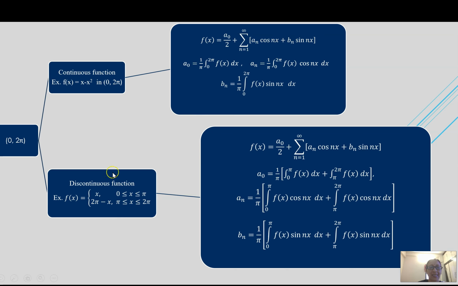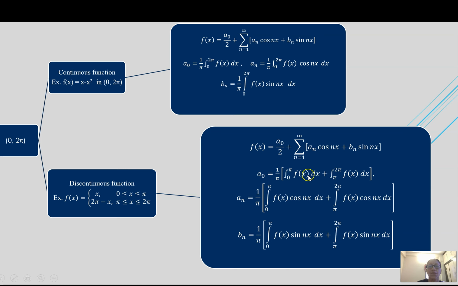If the given function is a discontinuous function, then the formulae of a0, an, bn will be written in this manner. Here f(x) has no change: f(x) equal to a0 by 2 plus summation n equal to 1 to infinity an cos nx plus bn sin nx. But here f(x) has two different expressions in two different intervals. So while finding a0, instead of a single integration, we have to use two integrals. That means the first integration is from 0 to pi f(x) dx, and the second integration is from pi to 2 pi